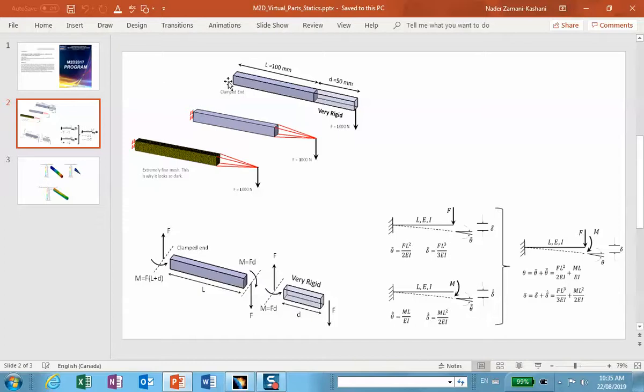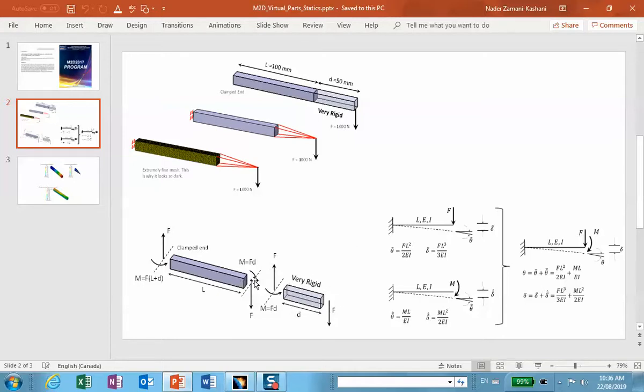Now, the only problem is that if you're only modeling the first 100 millimeter, then the load is not only a downward load, but also a moment. Because if you look at the free body diagram of the 50 millimeter on the right side, way at the bottom of the page, the equilibrium requires that at the end of this very rigid bar, a moment also be acting, which is also F times D. Otherwise, this will move as a rigid body, and it's not a static problem anymore. So this F times D, which is 1,000 times 50 millimeter, is also, as a reaction, applied on the extreme left 100 millimeter